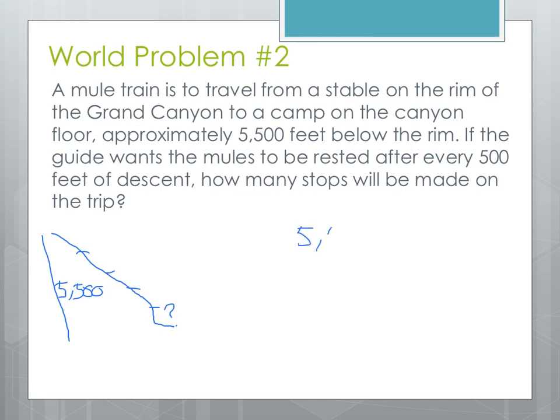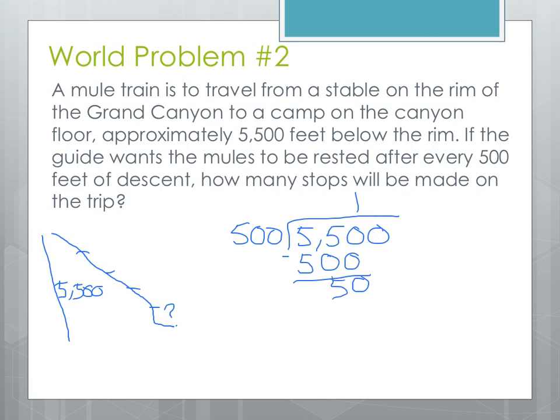So we have 5,500 divided by 500. Okay, so let's start. 500 won't go into 5, it won't go into 55, but it will go into 550. It'll go into 550 one time. 500 times 1 is 500. And when we subtract, we get 50. Okay, next we bring down that 0. So now we're doing 500 into 500. We know that'll go in once evenly, but we'll show that we subtract and we get 0. So we're going to make 11 stops